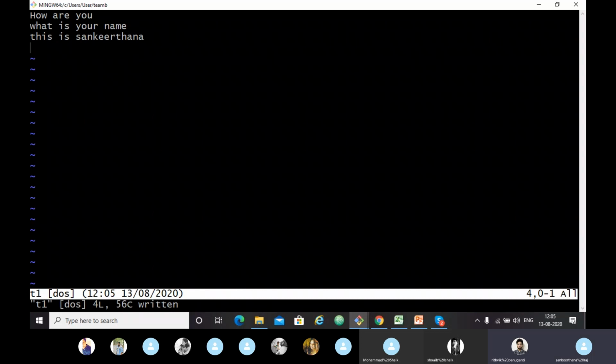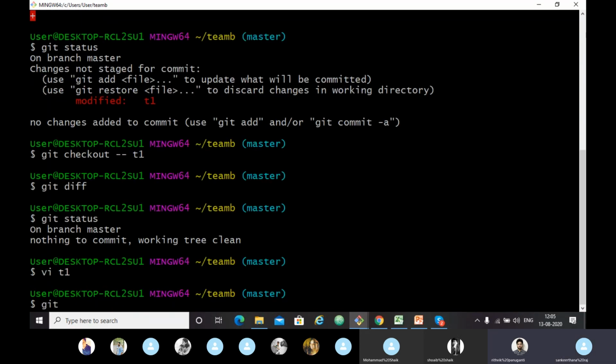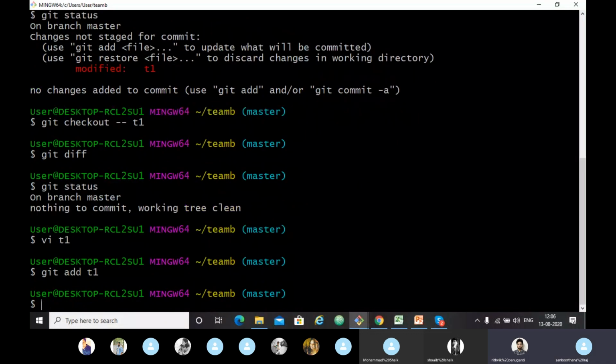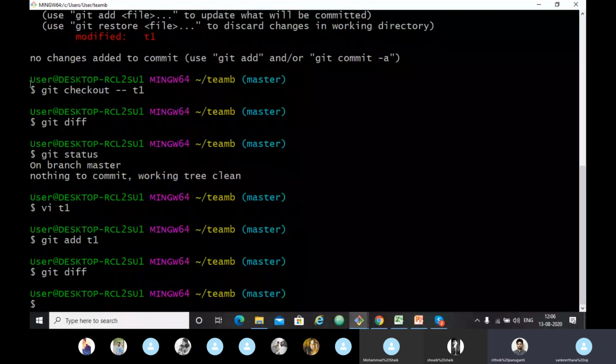Now I want to git commit. Let's see the difference. Git shows nothing because everything matched between the working tree and the staging area.